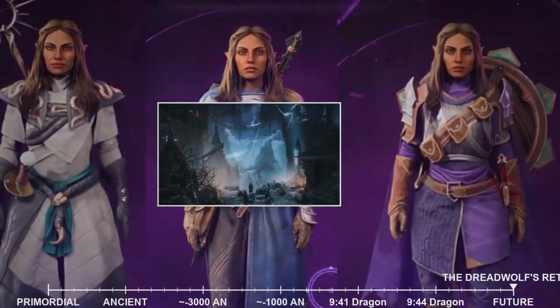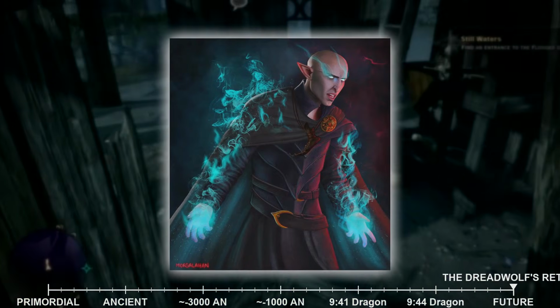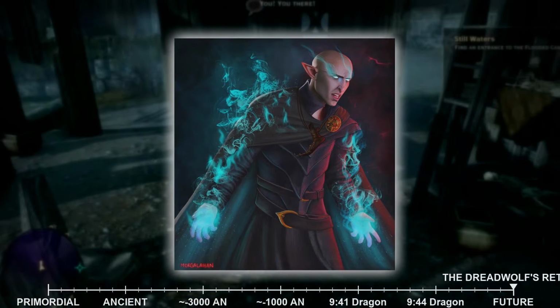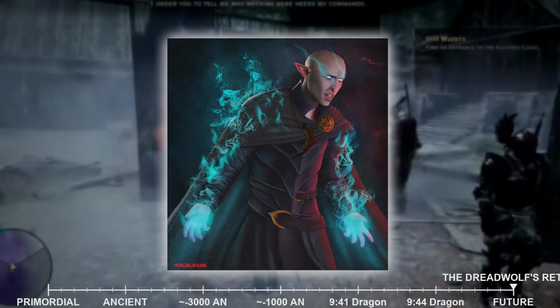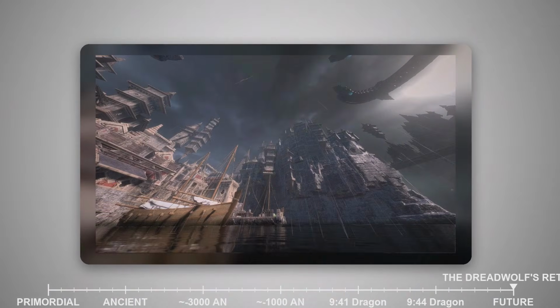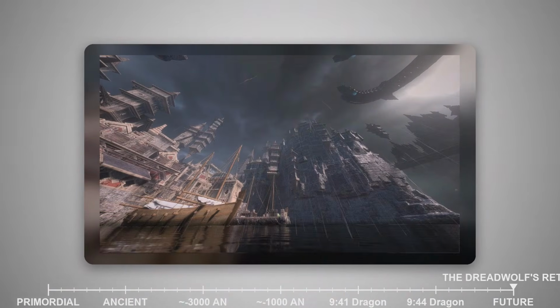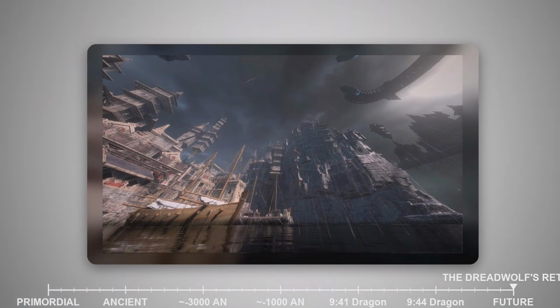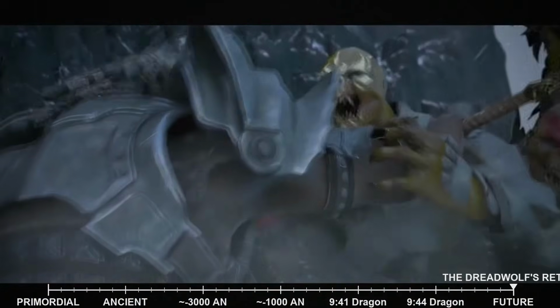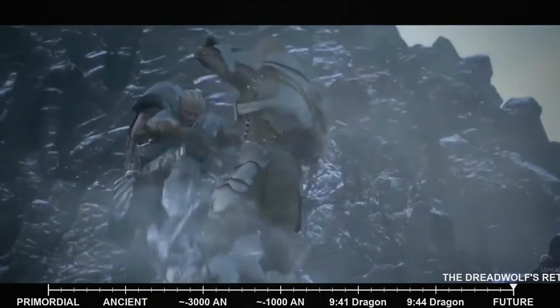Solus, with a chilling pragmatism, views these current inhabitants as mere temporary residents, their lives a regrettable but necessary sacrifice for the greater good of his people, the ancient elves. He believes the current world is a pale imitation, a broken reflection of what once was, and that its destruction is a small price to pay for the rebirth of true elven glory. This ideological clash between preserving the current world and restoring a lost golden age forms the central conflict of Dreadwolf.